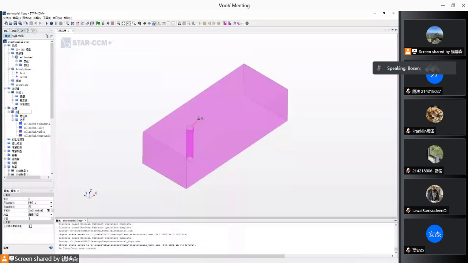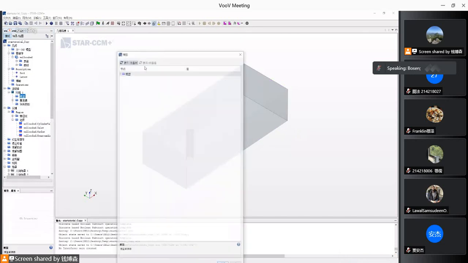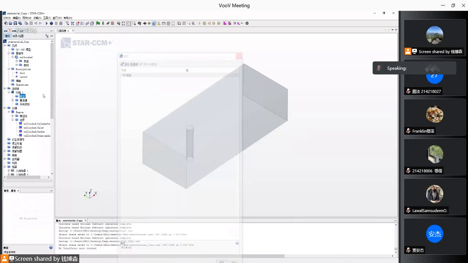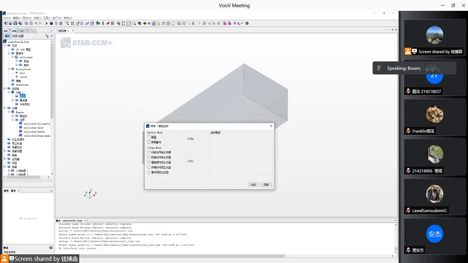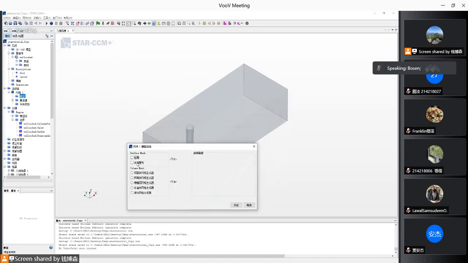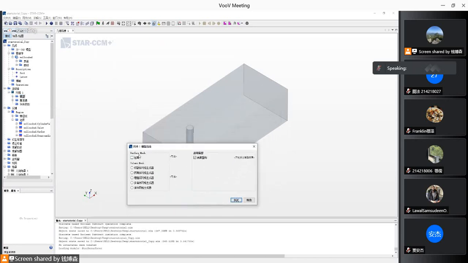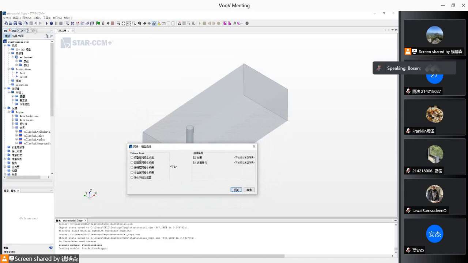Let's change it to English name. And then here becomes the region. Okay, the wrong name. Region in here. And then let's select the domain discretization model. Surface reconstruction, and